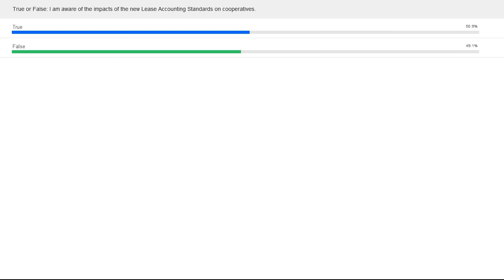Okay, so we're about split right down the middle between how many of you are aware of the new standard and what the impacts will be. And it's interesting, I've actually talked to multiple people in industry, bankers that spend all day reading financial statements, and I've mentioned, hey, are you aware of the new lease accounting standard that's coming down? And the answer is no. Not a lot of people are aware of this, but I think this will be one of the bigger impacts to all of your financial statements.